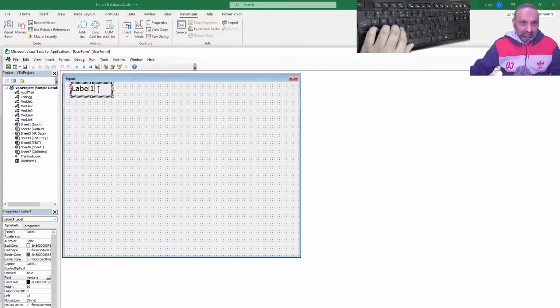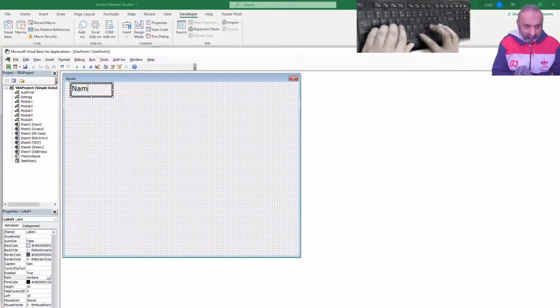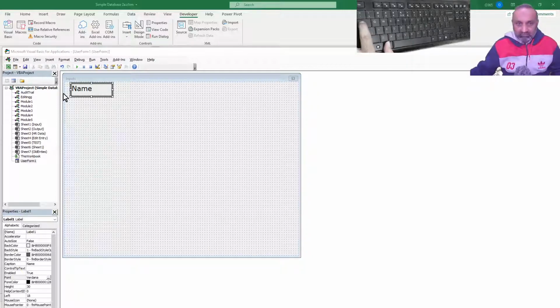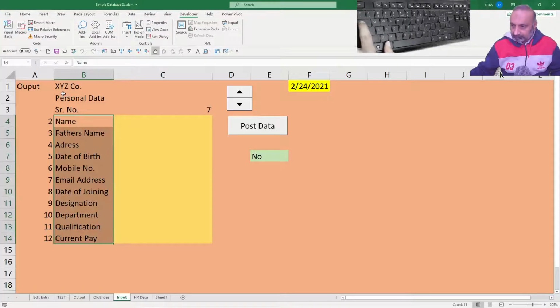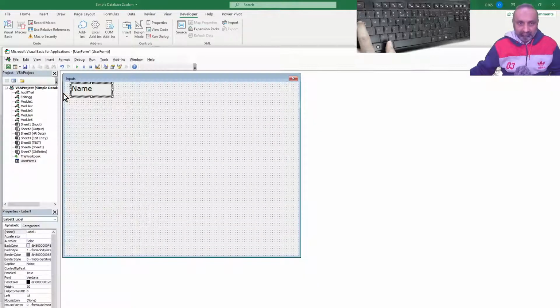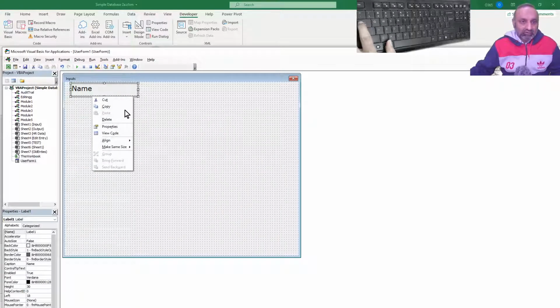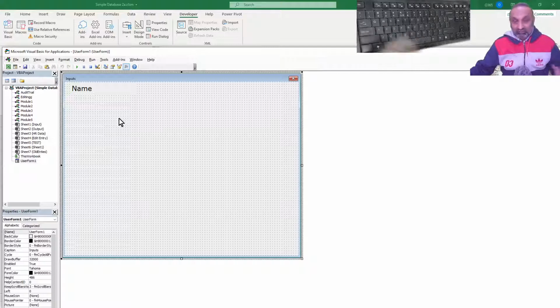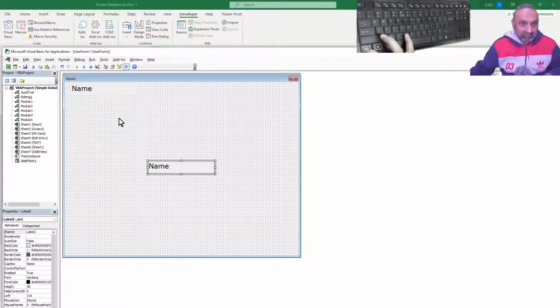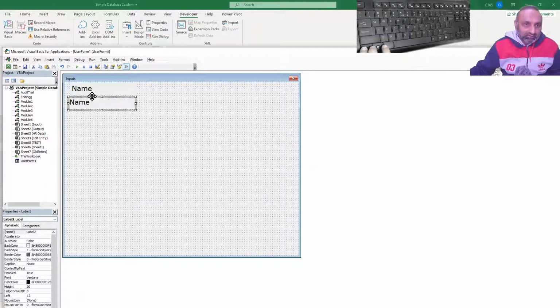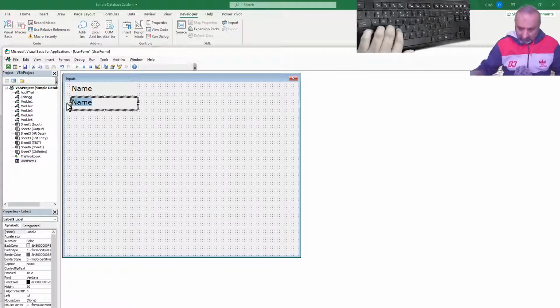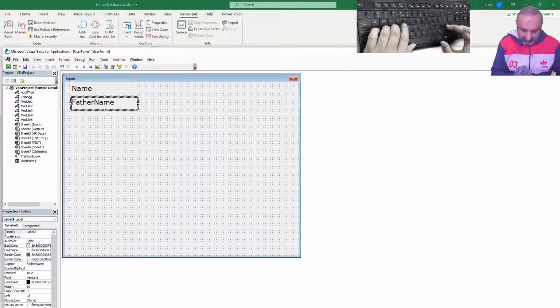Then instead of Label1, this should be Name, and then Father's Name. Let's make it a bit broad. Then I will copy it, so I don't have to change the font and everything again and again. Paste this, and I will drag it over here and here. So this will now be Father's Name,